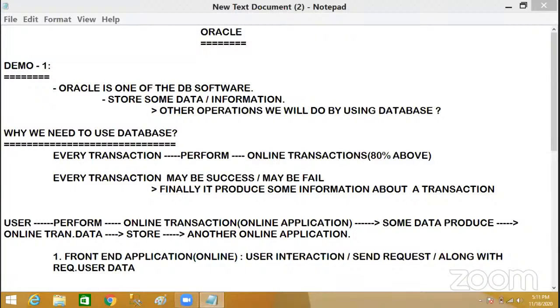So don't compare one database to another. This is a very important point, guys. Somebody thinking that Oracle and SQL Server are equal is a blunder. Every database has separate syntaxes and separate mechanisms.